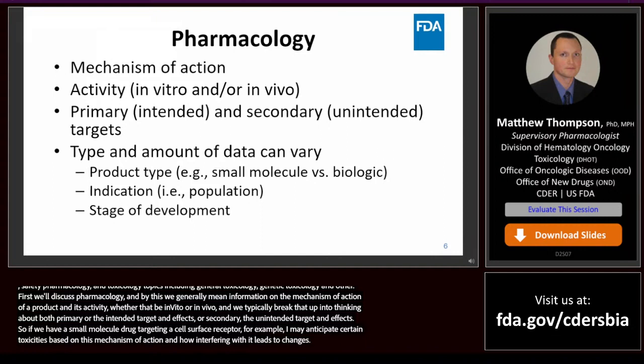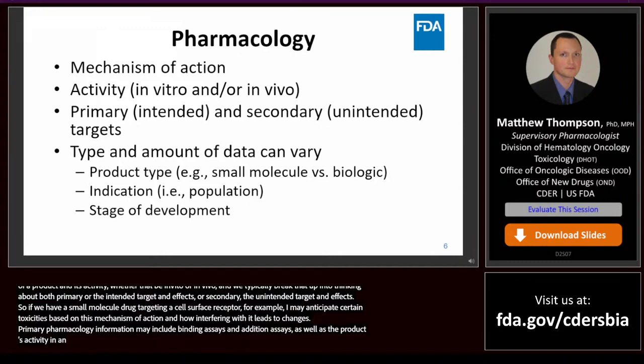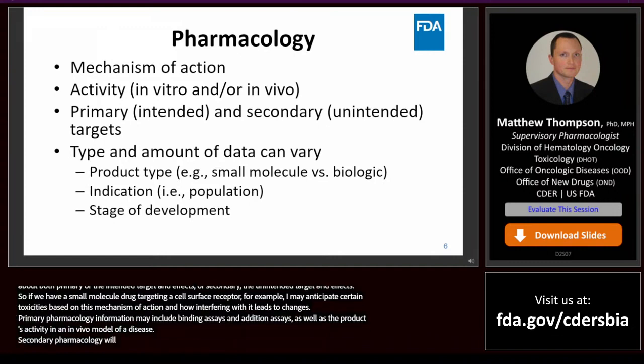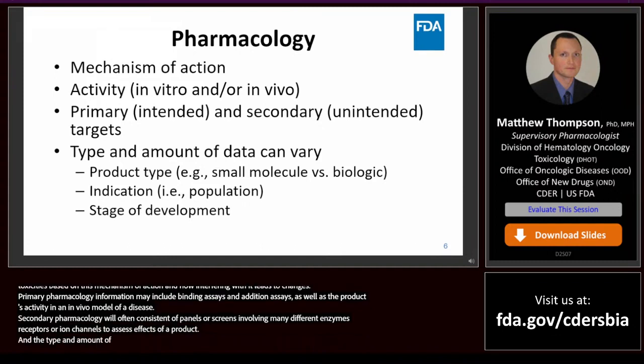Primary pharmacology information may include binding assays, inhibition assays, data from cell lines, as well as the product's activity in an in vivo model of a disease. Secondary pharmacology will often consist of panels or screens involving many different enzymes, receptors, or ion channels to assess off-target effects of a product. And the type and amount of data varies based on a number of factors, including the